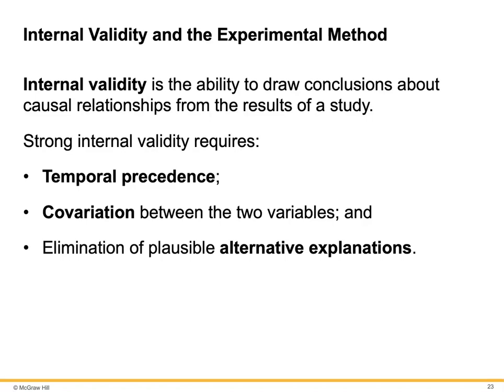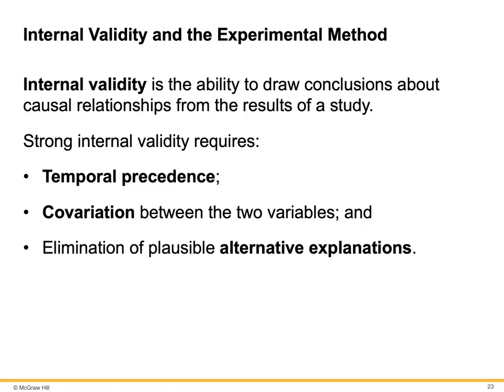In other situations, you may observe the temporal order, or you may logically conclude that one order is more plausible than another. The second requirement for internal validity is covariation. There must be covariation with the two variables. Covariation is demonstrated when participants in an experimental condition, an exercise condition, show the effect, such as a reduction in anxiety,